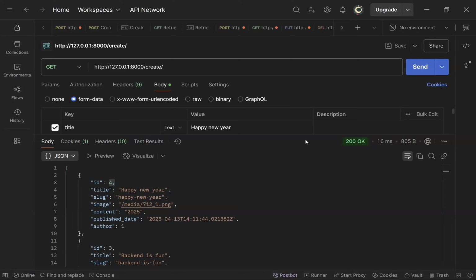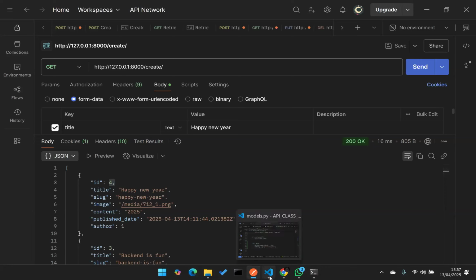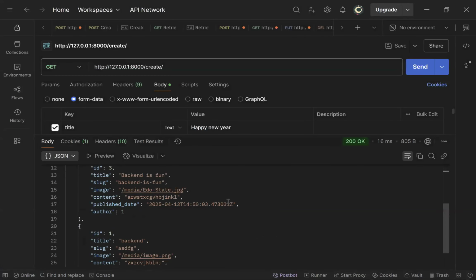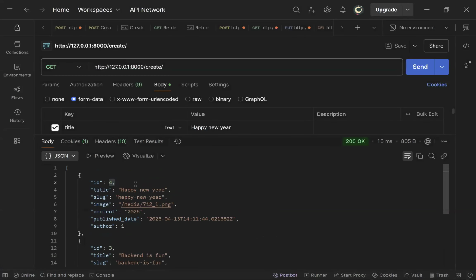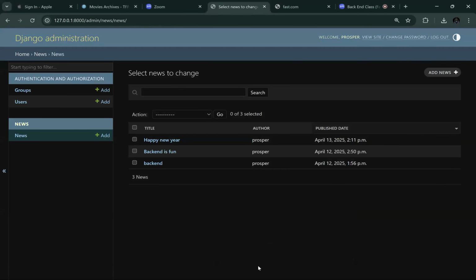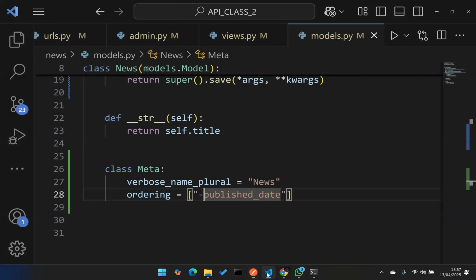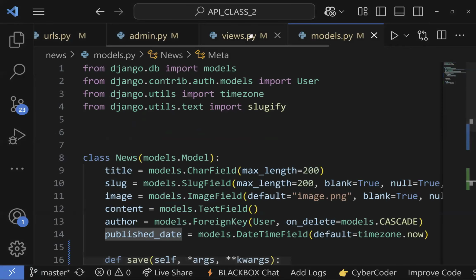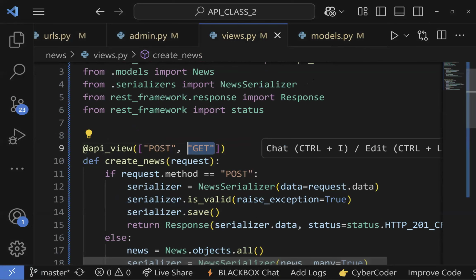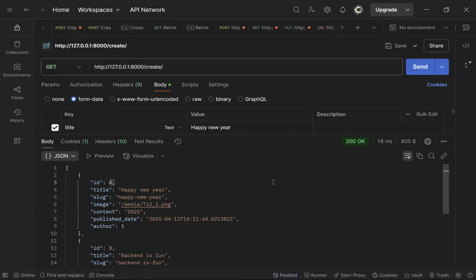So that's good. Then, what if you want to arrange it alphabetically? Where did you confirm, the admin or Postman? Postman. I'm seeing the arrangement here. Even in admin too, it will work. But why are you using GET for create? We've changed. Remember, we just added the GET method to this place, so it can accept GET now. Okay. So the last thing we want to do is, what if our client said,